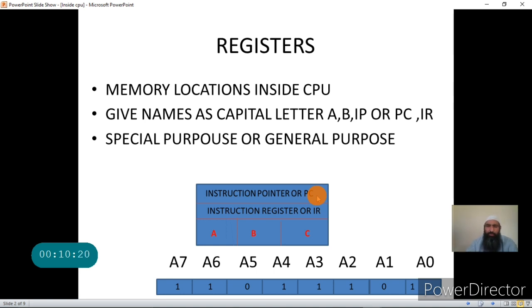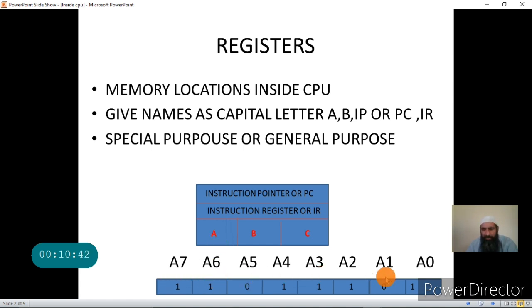Now, as I told you, registers are memory locations. They hold binary numbers, and those numbers are nothing but a string of zeros and ones. Let us take a register A. Suppose it is an 8-bit register. It can store 8 bits.